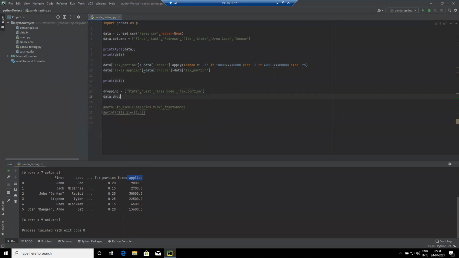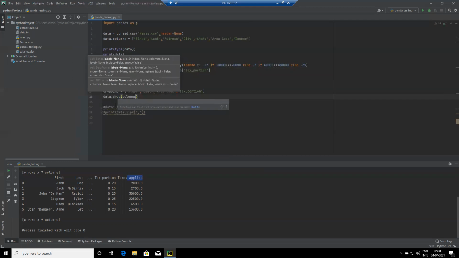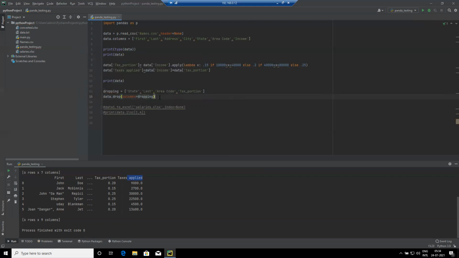data drop is one function. To this one, I will specify what are the columns to drop. If it is a single value, we can directly mention here. Or if it is multiple values, create a list out of that and pass a list. And keep in place, to replace the same variable. Or it will create another object and unit item. But in place, it will be if testing this one itself.